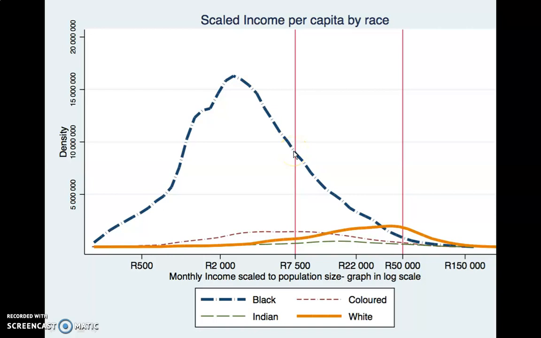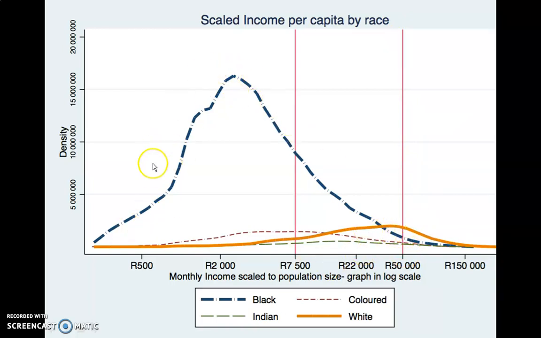Still, even when controlling for population size, you can see that even compared to all races, the majority of black people still fall below this particular monthly household income line. And far, let's compare to the white population group, far fewer of them would be considered poor by not meeting this cutoff over here. If we look at the upper bound line, you can still see that the majority of